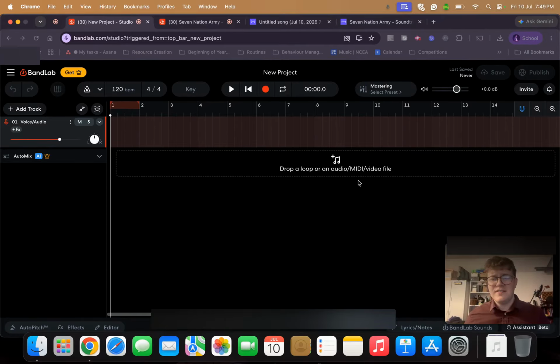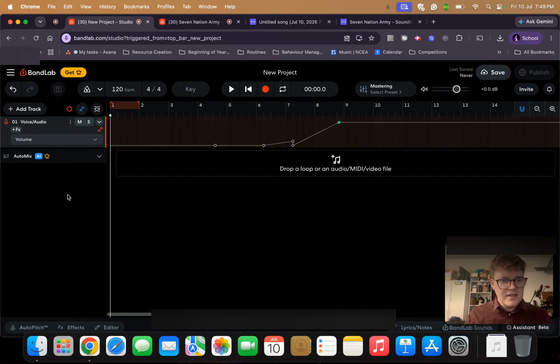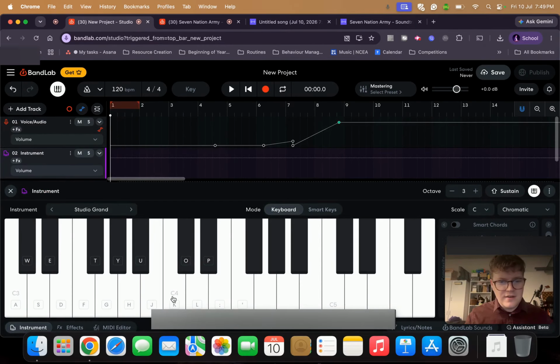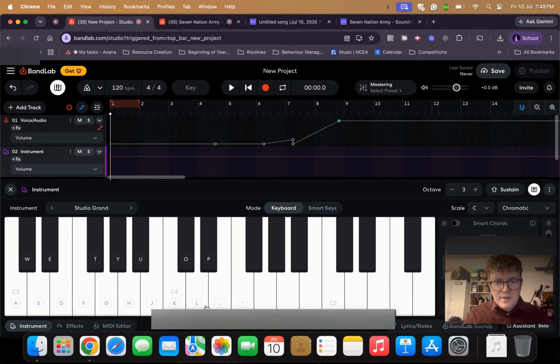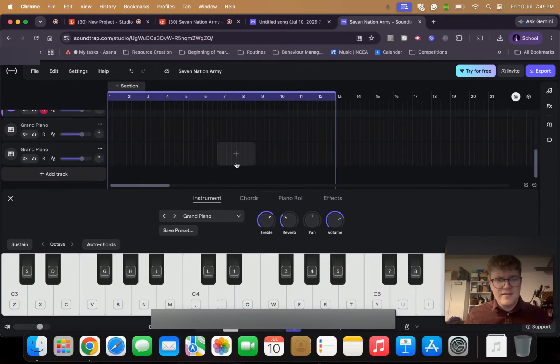Automation's really important. Just pushing A on BandLab will take you straight away. Look at this. Straight away to automation, and I can change anything I like right here. Nice and easy. Looking at the keyboard roll, it's as simple as adding a virtual instrument in here. There we go. Now, one thing I have noted is that the keyboard roll of BandLab isn't quite as good as over here,